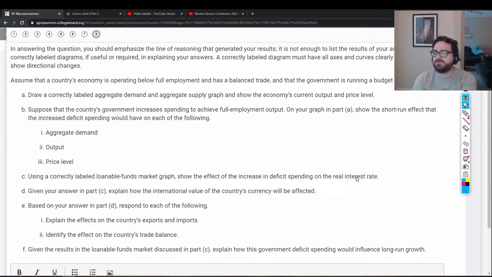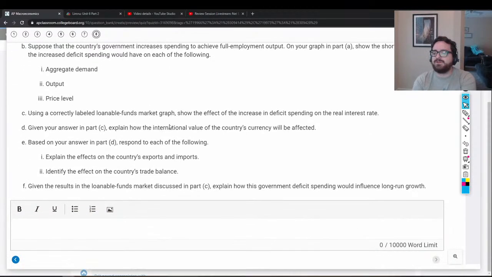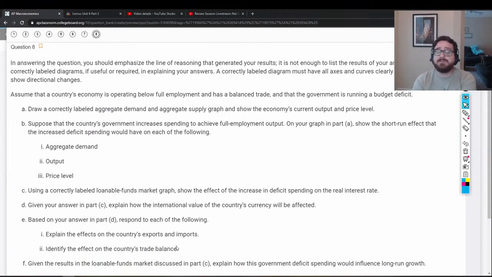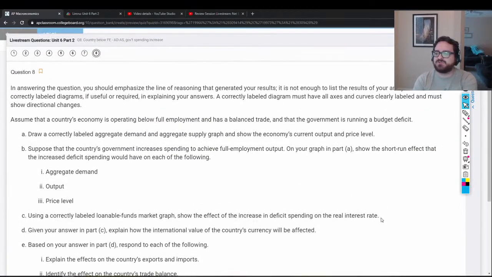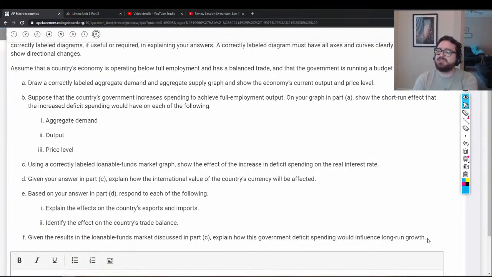So if you mess up this one, you've got to do this right based off what you did here. Which means you got to be very careful with your AP exam questions because it does allow you to get more points that way. It also makes grading yourself kind of annoying because you might be like, well, I said that interest rate decreased, but then I did everything else you did for D, E, and F, Mr. McRitchie. It's like, okay, then you got everything wrong here